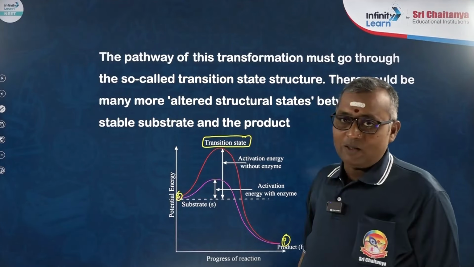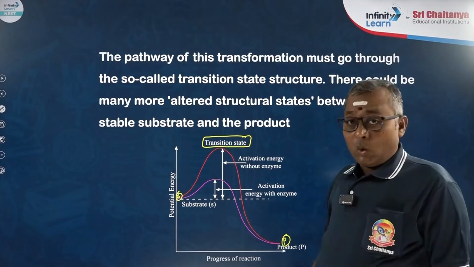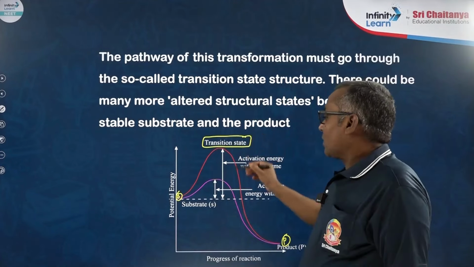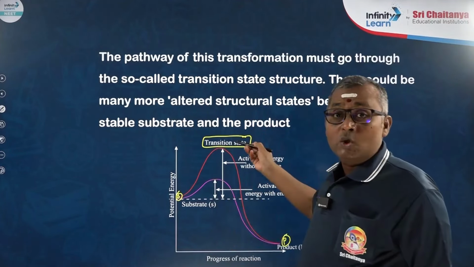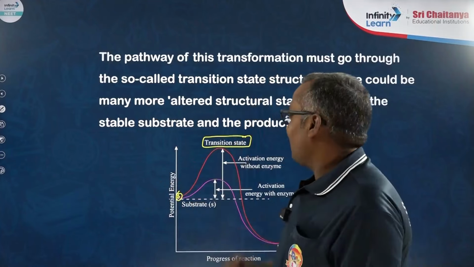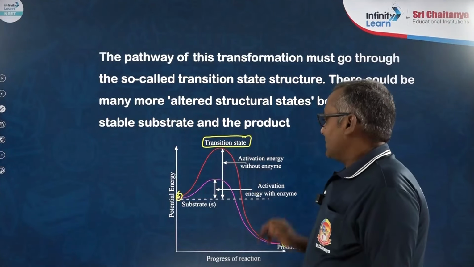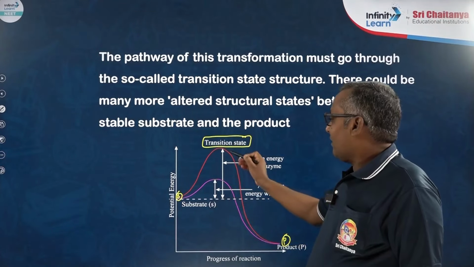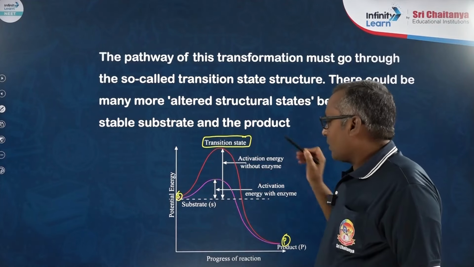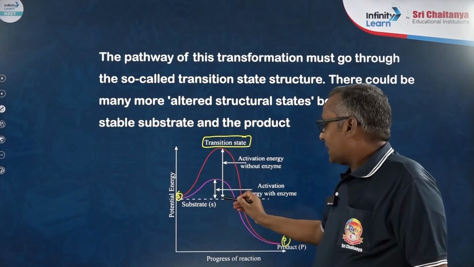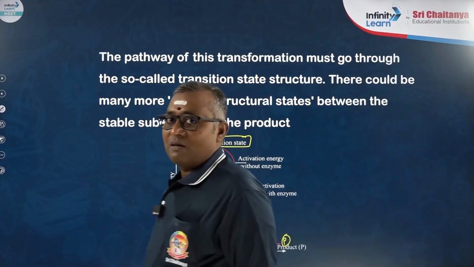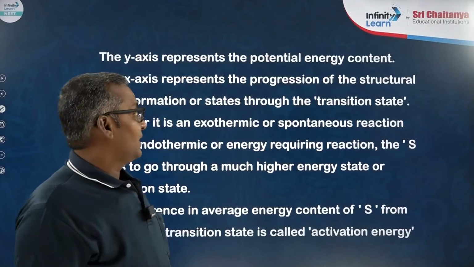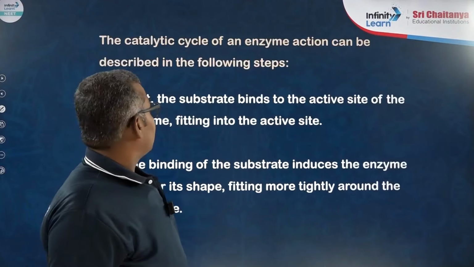Now, the very important thing that we should remember here is the role of enzyme in this process is to reduce the activation energy required to bring the substrate molecules to the transition state. That is the importance of an enzyme's role. Look at this graph. In the absence of enzyme, the activation energy required for this substrate to become a product is more. Whereas in the presence of enzyme, it has been reduced. So that is the importance of the enzyme. So enzyme reduces activation energy required for the substrate molecule.